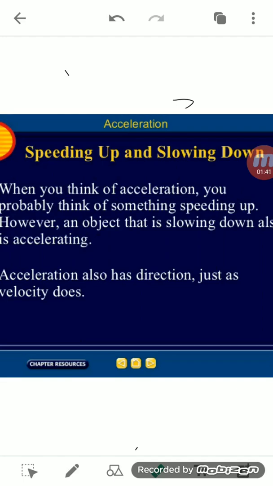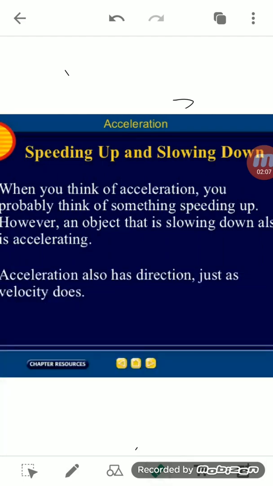Okay, as well as that, there are a lot of other units of acceleration other than the SI unit, like we can represent it by centimeter per second square, or if we have to find the acceleration of a greater number, then we can use the kilometer per hour square.